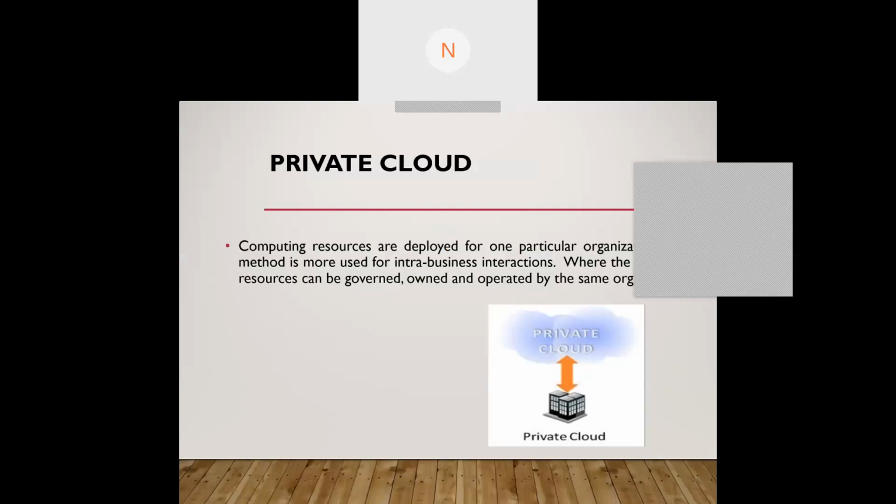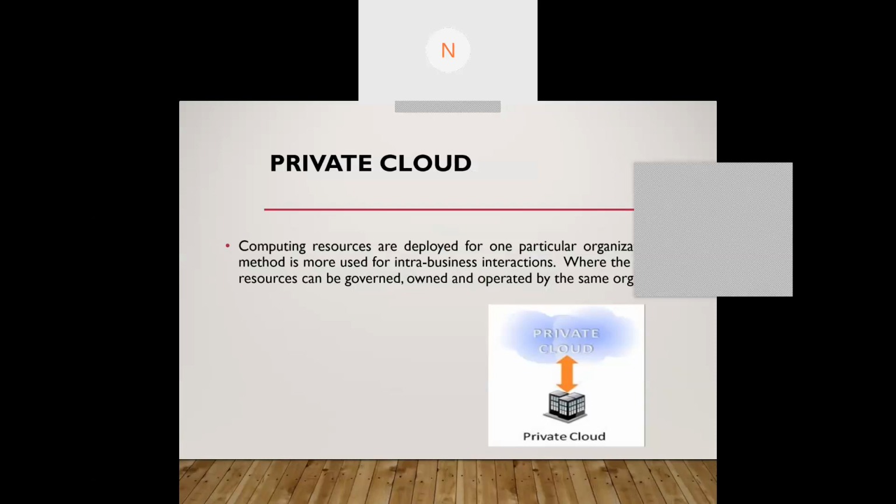So the difference between a private cloud and a public cloud is that a public cloud is very shared. It's a general cloud. Anybody can use it from anywhere. Whereas a private cloud is dedicated towards a particular organization. A single organization will take whole responsibility of that particular cloud. They will pay for it, and only the employees of that particular organization will be able to access this particular cloud. So that's a private cloud.